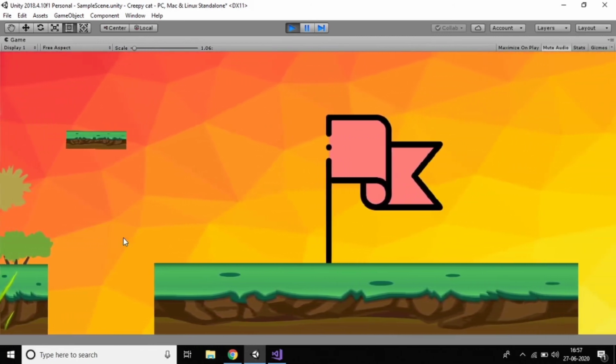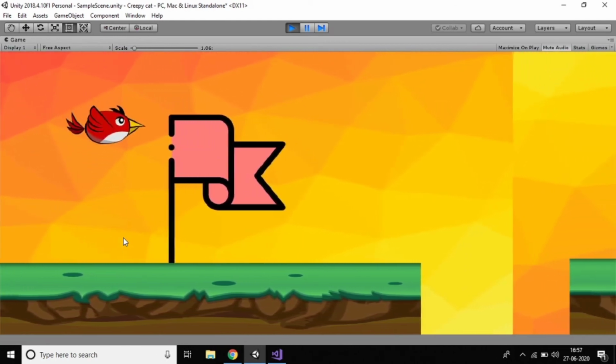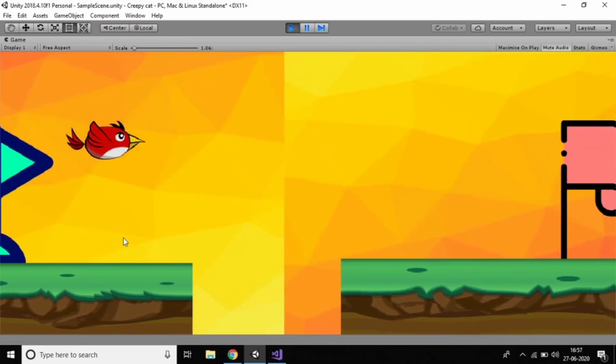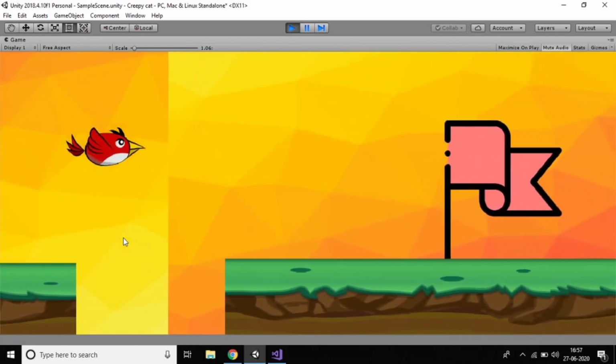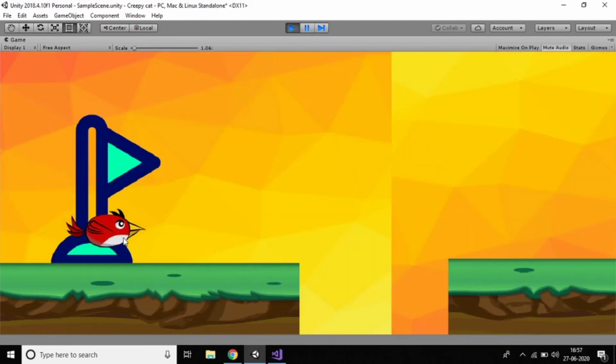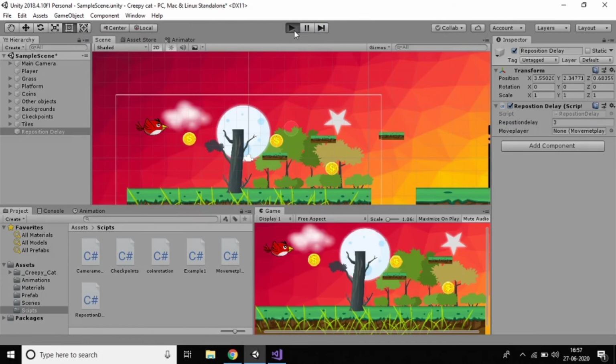So I'll take the checkpoint. We already took the checkpoint. Now I'll fall down. Yes, 5. It's more time. I'll reduce the time also. You can see, yes. Here you can reduce the time, and it's better to keep 3, and 2 also, of course.